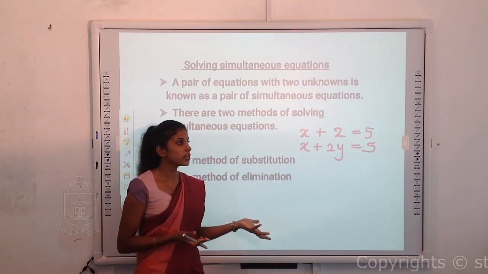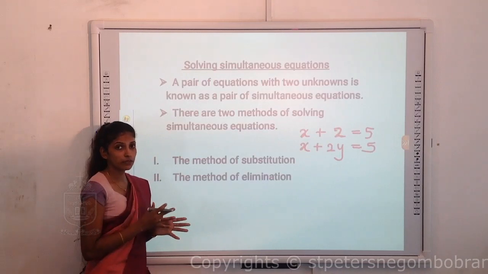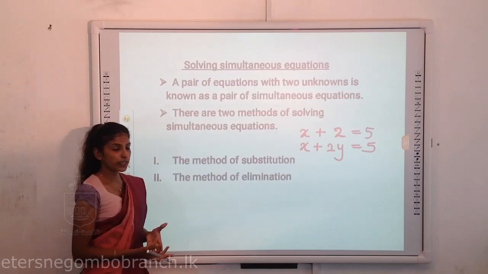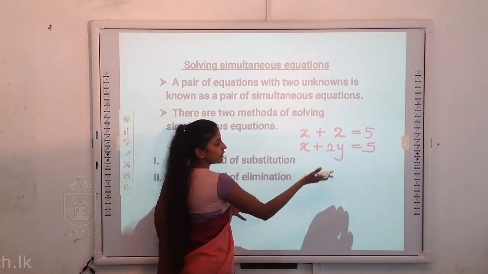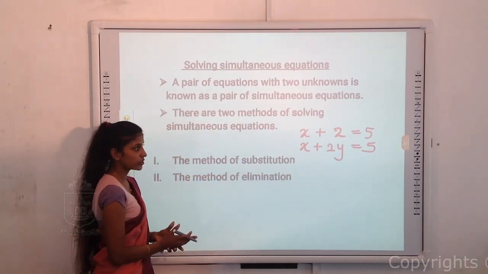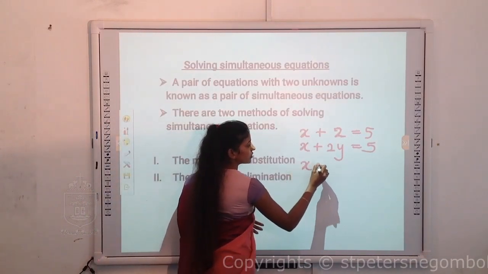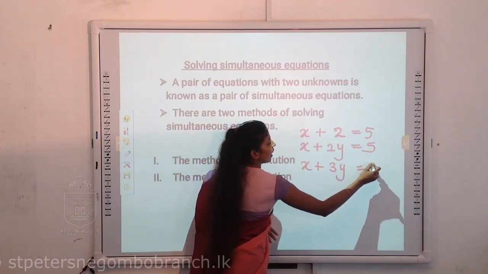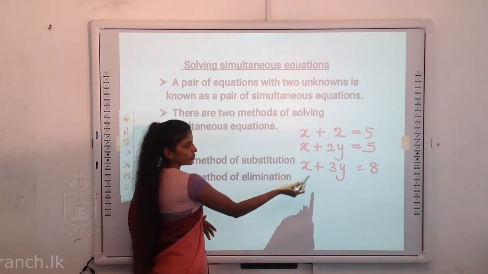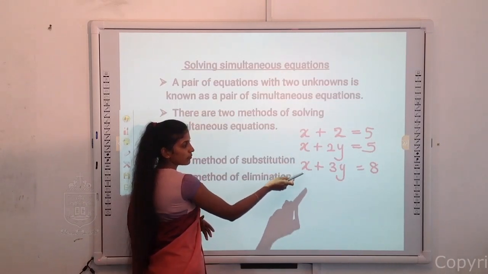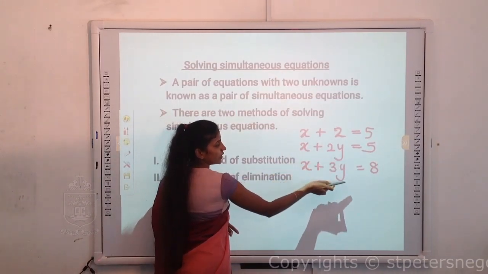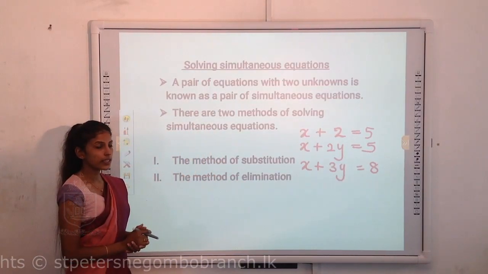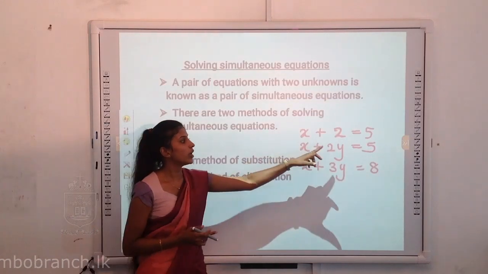There's a problem in solving these types of equations. If you have two unknowns, we can't simplify it like the way we did in the previous simplification. So we have to go for another equation like this, where you can find the same unknown terms. Now when you consider these two equations, you can see both x are there, and y terms are also there. Those types of equations are called simultaneous equations, where you have two unknown terms.